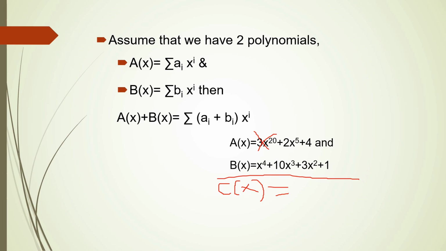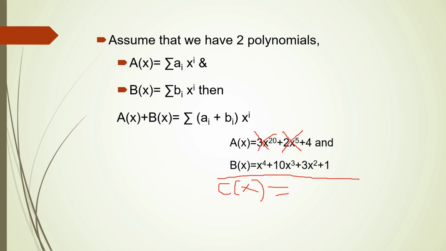Here the exponent is 5. 5 is compared with 4. So now again the term with the exponent 5 is going to be added to the resultant polynomial. Then you remove that term from the first polynomial. Now the exponent of this term of the polynomial is 0. 0 is compared with 4.